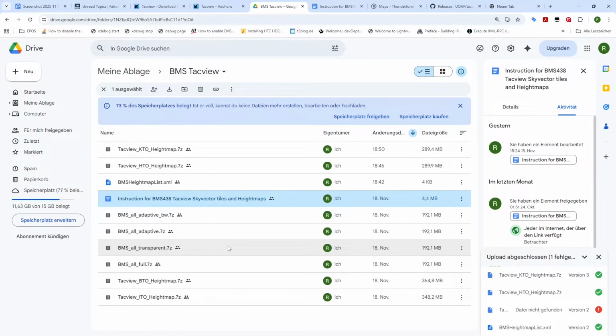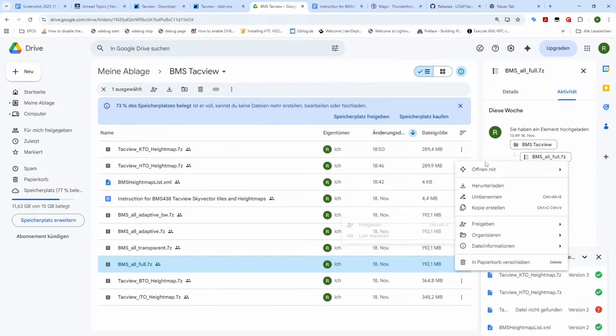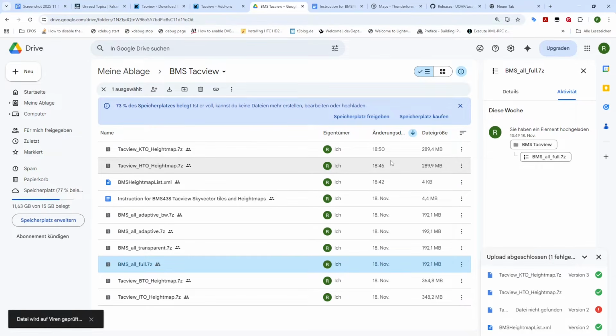So it's basically the same map, just how they blend into Tacview. Okay, in order to install those, the only thing that has to be done is download the one which is to your liking, which you can determine later when I showcase those. So I will download those,